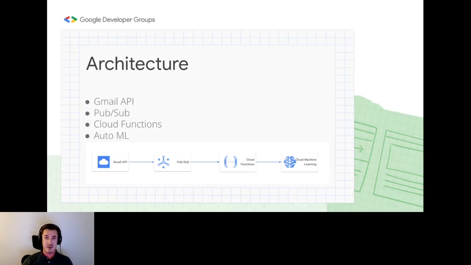Gmail API has a very tight relationship with Pub/Sub, where with a click of a button you can set that up and invoke it. And of course, we will use AutoML, the natural language model or cloud machine learning. There are many names behind this product, but the actual one is AutoML.